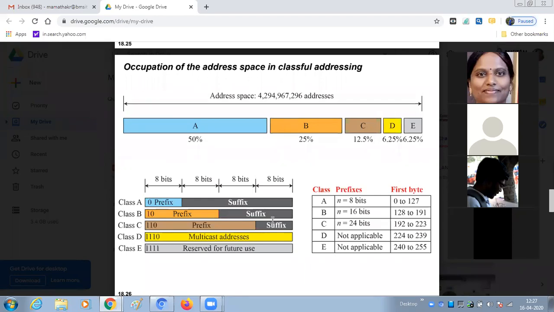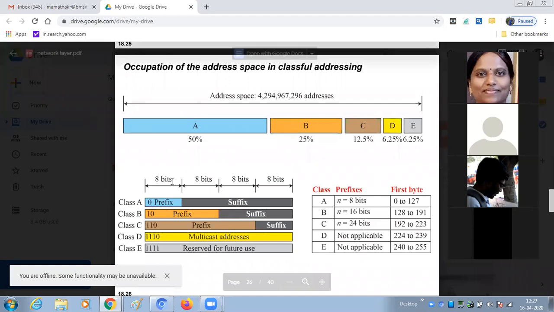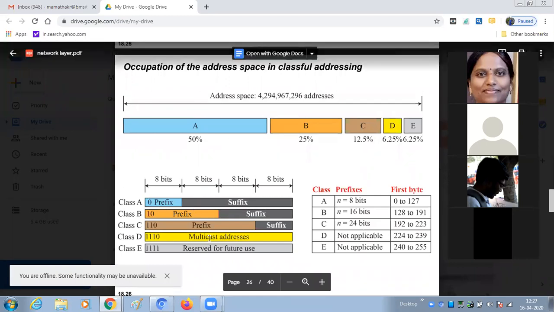Like this, in class C, the first 8 plus 8 plus 8, 24 bits are used. You can see here n is equal to 24. Either it is 8 bits, 16 bits, or 24 bits. So this is the difference between class A, B, and C.